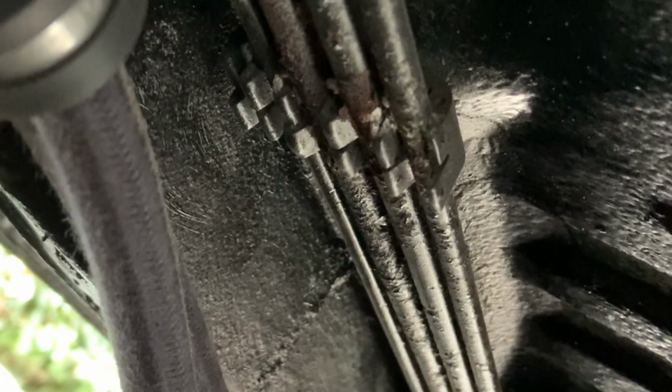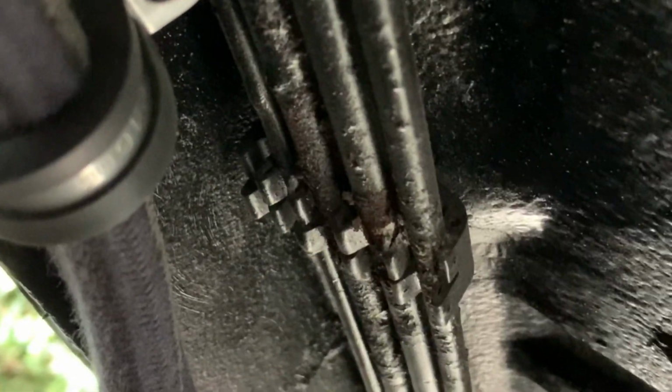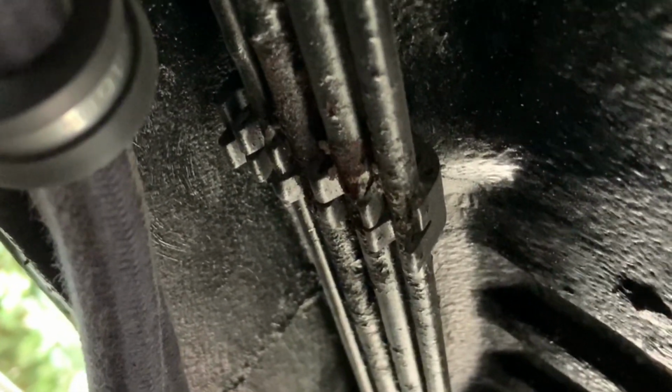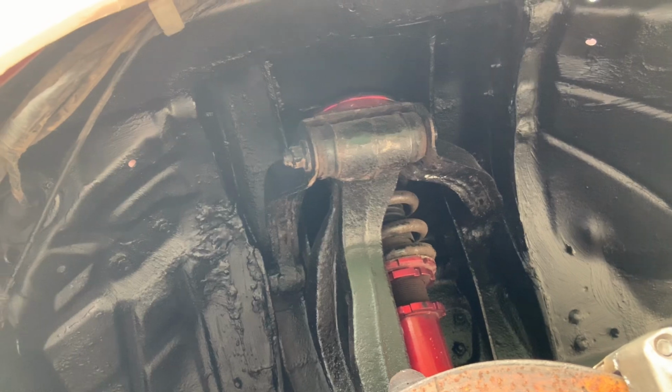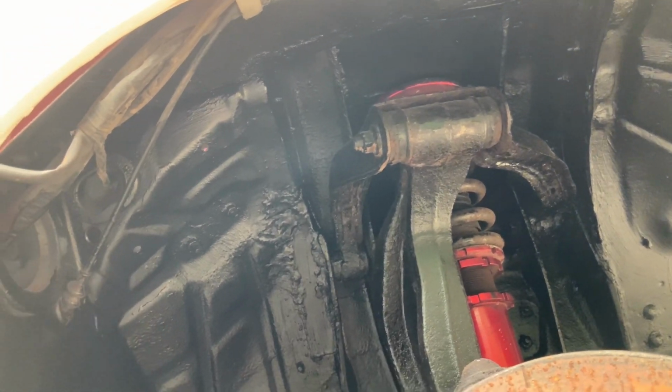But yeah guys, so the plan is it's the bottom of the car that still needs finishing off like this, so we're going to work on the bottom of the car doing that, and then try and get these lines shortened if needed and fully secured down the chassis rail. But yeah, I'll try and get a better shot as well of the underneath, and then we'll crack on with the tour maps. Right guys, so this is a bit of a better shot, but we've tried to do the